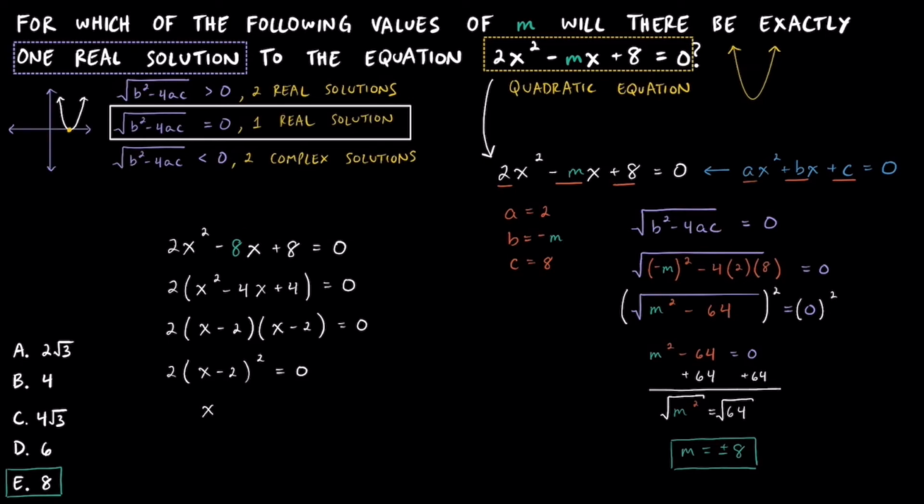Then dividing both sides by 2, we get the quantity of x minus 2 squared is equal to 0, and taking the square root of both sides, we'll get x minus 2 is equal to 0, and adding 2 to both sides, we find that x is equal to 2. So when we solve this quadratic equation when m was equal to positive 8, we only got one real solution,